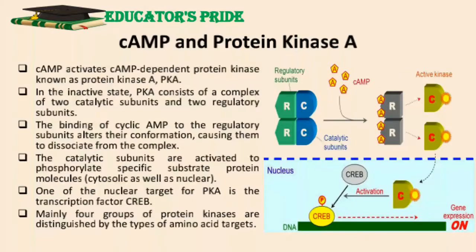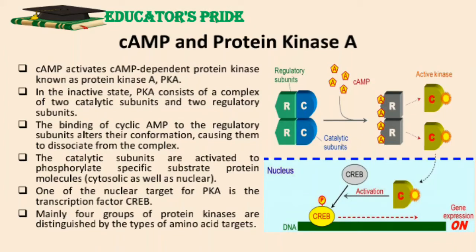Now, the activation of protein kinase A by cyclic AMP. Cyclic AMP directly activates cyclic AMP dependent protein kinase, known as protein kinase A. Cyclic AMP also induces opening of certain types of ion channels in the plasma membrane of some highly specialized cells. Protein kinase A catalyzes the transfer of terminal phosphate group from ATP to specific serine or threonines of selected target